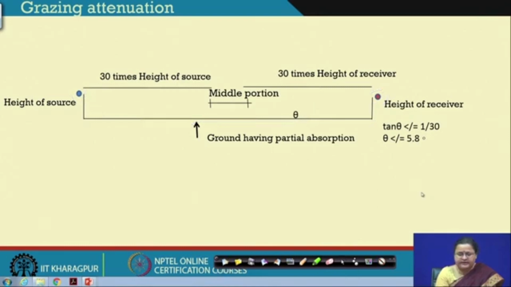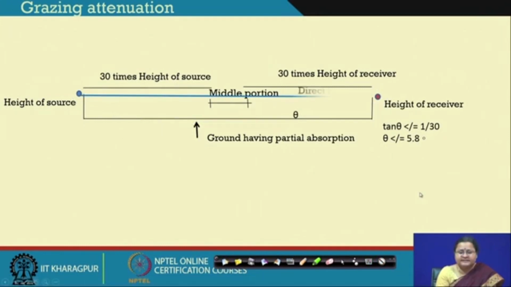In this case, when the direct sound is coming to the receiver, when the direct sound is grazing almost very close to the ground, we see the reflected path along with it, and if this angle theta is very low, that is tan theta is around 1 by 30, if the 30 times of the height of the receiver, and theta comes out to